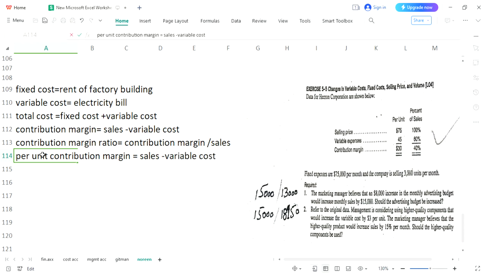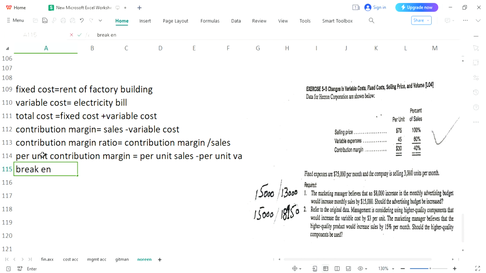Same, but as you are calculating it per unit, you will choose per unit sales and per unit variable cost. That's all. Per unit sales, and you will subtract per unit variable cost. This way you will calculate your per unit contribution margin,